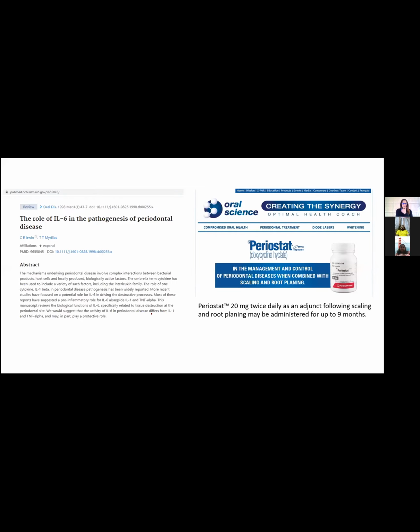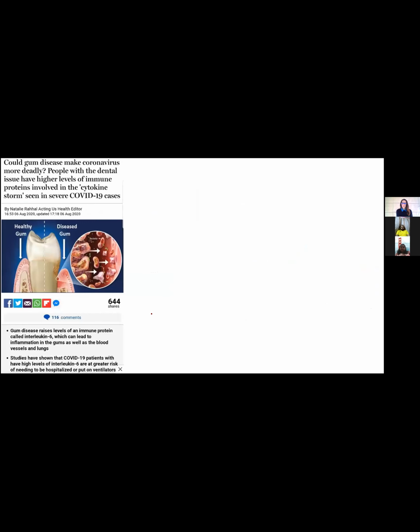As you can see, one of the most viral posts that went on WhatsApp last week, on 6th August: could gum disease make coronavirus more deadly? People with dental issues have higher levels of immune proteins involved in cytokine storm. So here you can see